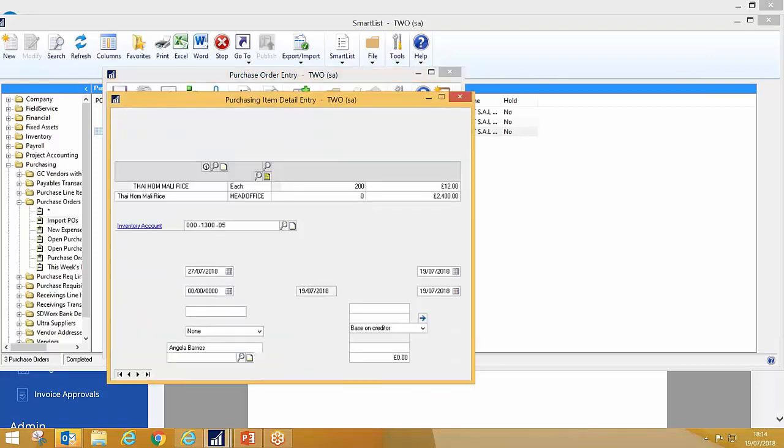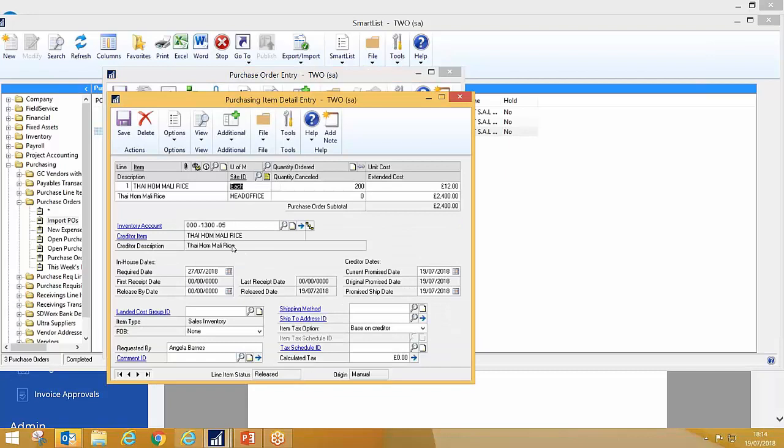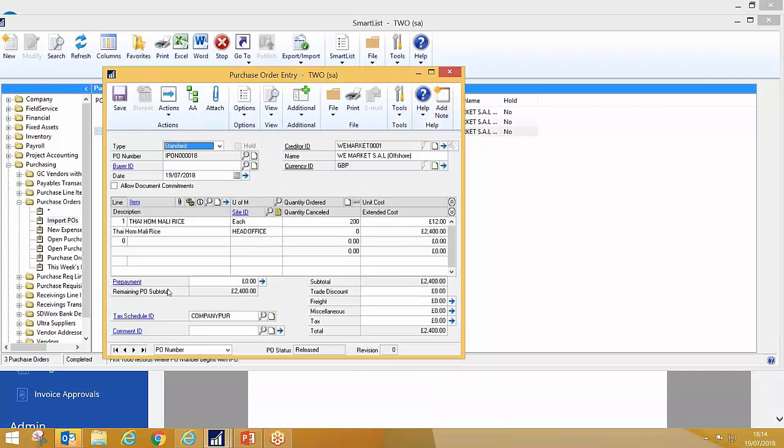I can look into a bit more detail here. I can see the account number that's going to be posted to. I can see the required by date. I can see that it's been requested by Angela Barnes here. So there's a field inside Dynamics here of the prepayment. So I can choose inside here how much I want to prepay. So if the supplier has asked for a full prepayment of this, I can put in the full